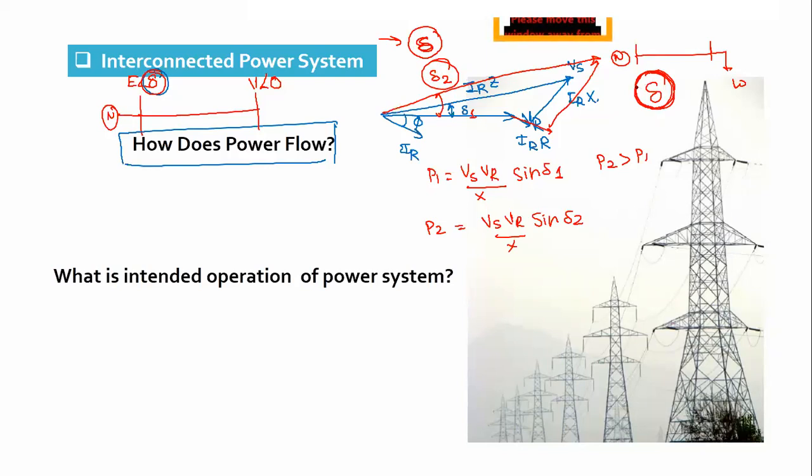Normally, it is kept below 30-40 degrees. Although the maximum transmission power that we can get is at delta equal to 90, which we call the steady state stability limit, the transient stability is a concern, and that is why the load angle delta is generally not kept beyond 30 or 40 degrees in normal operation. Okay, it is avoided. Understand? Clear? Any doubt on this point?